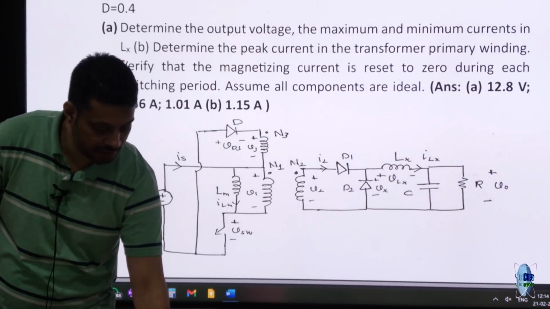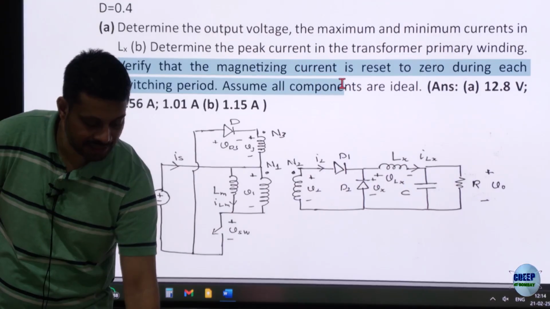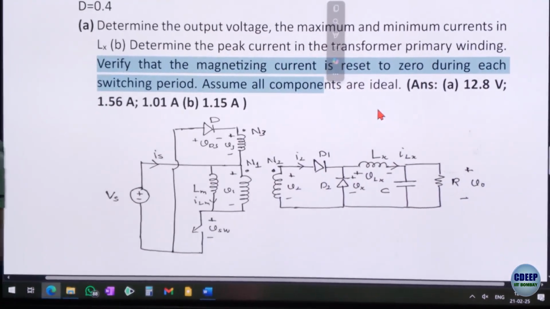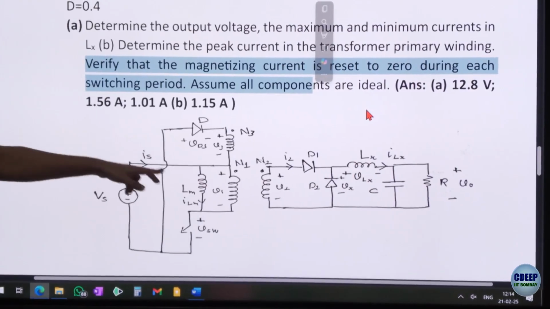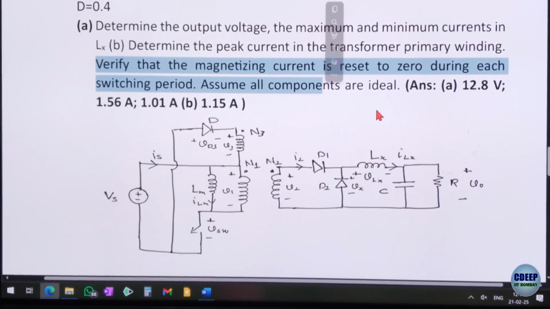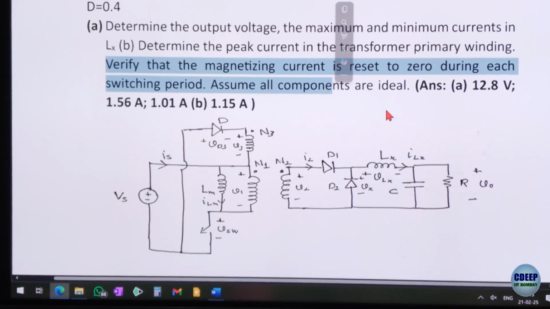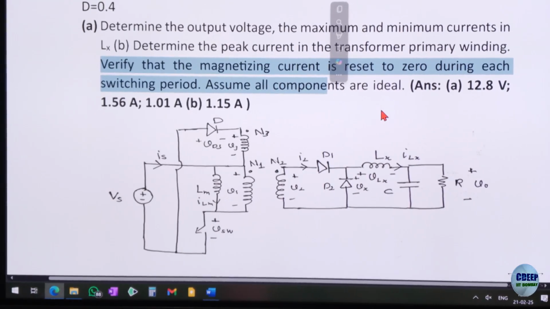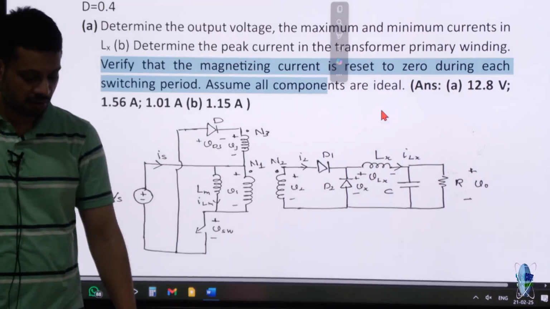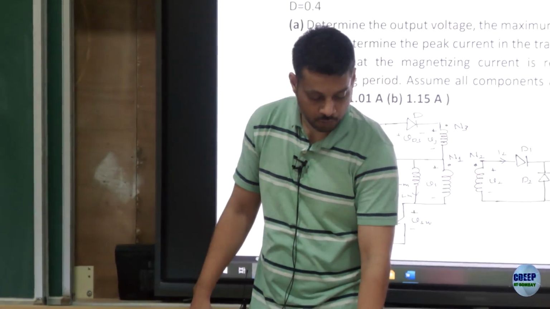Just focus on this line, which is: verify the magnetizing current is reset to 0 during each switching period. What it means is, magnetizing current is ILM. Reset to 0 means it should come to 0 and touch 0 at least, or maybe remain at 0 also. That means in context to LM, it should be like a DCM kind of waveform, right? So you need to verify it. You can check when the switch is on how much it will rise, when the switch is off how much it will fall, right? And that will tell you whether it will come back or not. Is that okay? Of course you have to go back and try. Since none of you have tried today, you will not be able to correlate, but